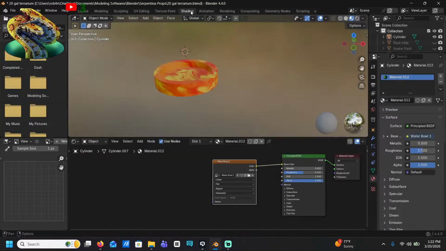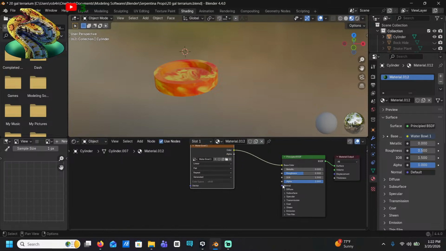Okay, now I go back into shading, and then I do a normal texture, and I'm gonna give it the rock texture.